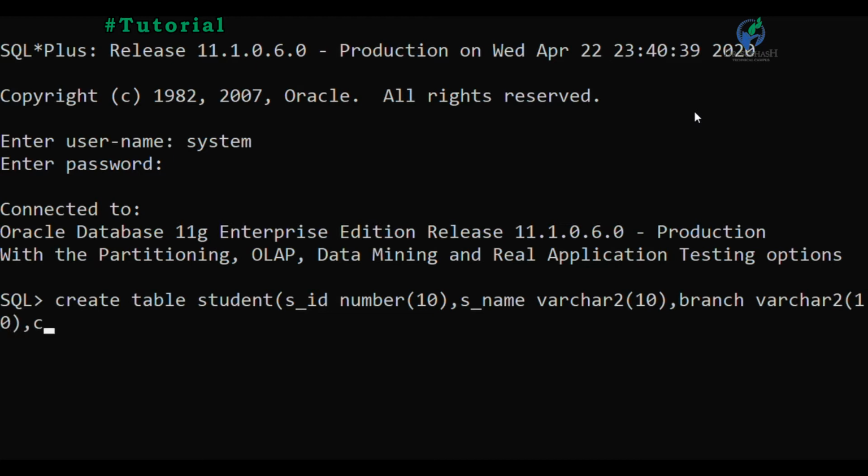After the branch column, we have city with data type and size. After city, last is DOB, date of birth, which has a date data type. So for creating a student table, the query is create table with the table name and the column list: student ID, student name, branch, city and date of birth.